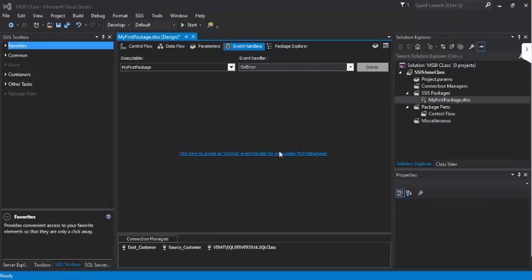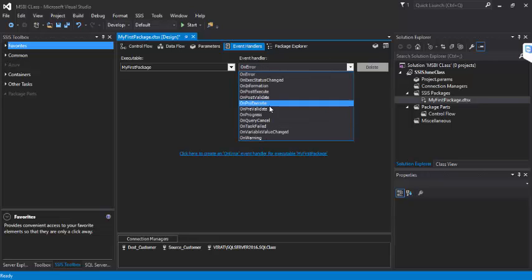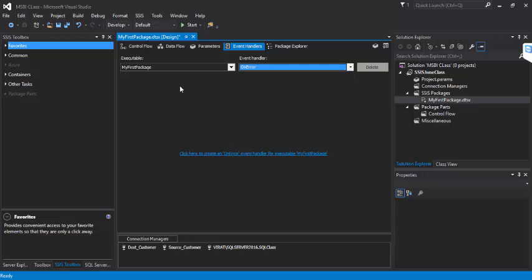Okay. Now, this is event handlers. Event handlers, you can create events for error, for information, for post execute, for pre-validate, for in progress. Okay, on error, that all you can create. And there also, you can create this event handler at the package level, or you can create at the individual